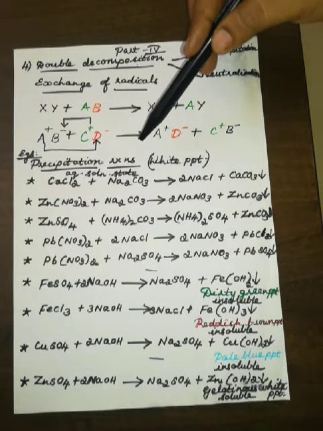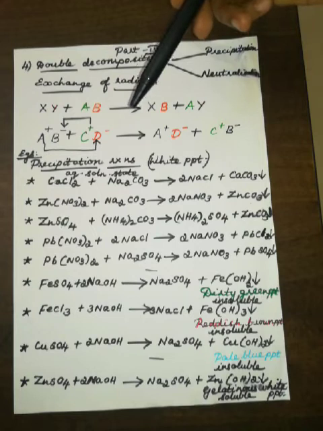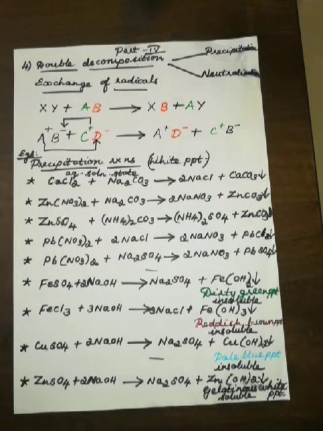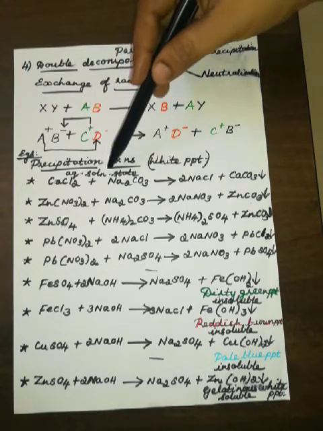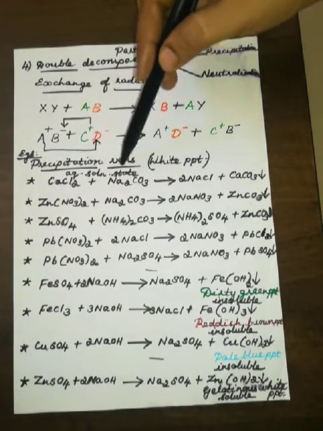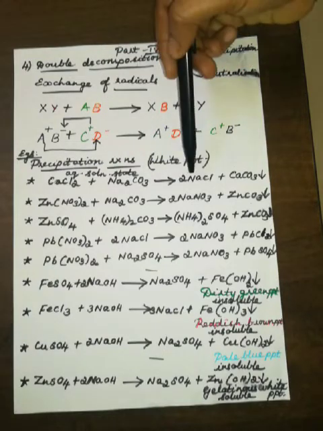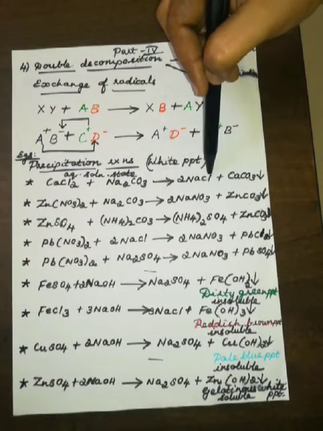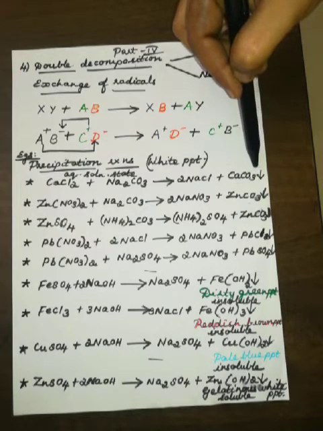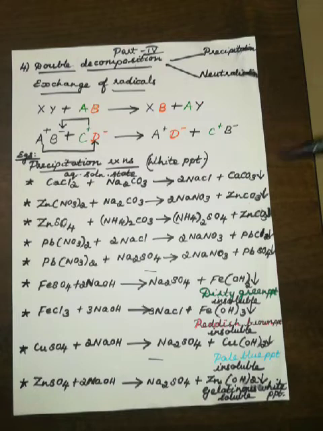So what we have to do is make one of the compounds into an aqueous solution. That is, you mix distilled water with the salt and make it a solution, that is, the aqueous solution state. We mix calcium chloride with the sodium carbonate solution. Now you will get NaCl, sodium chloride, separated, and calcium carbonate is formed. That is the PPT formed here. For all the colorless salts you will get a white PPT.